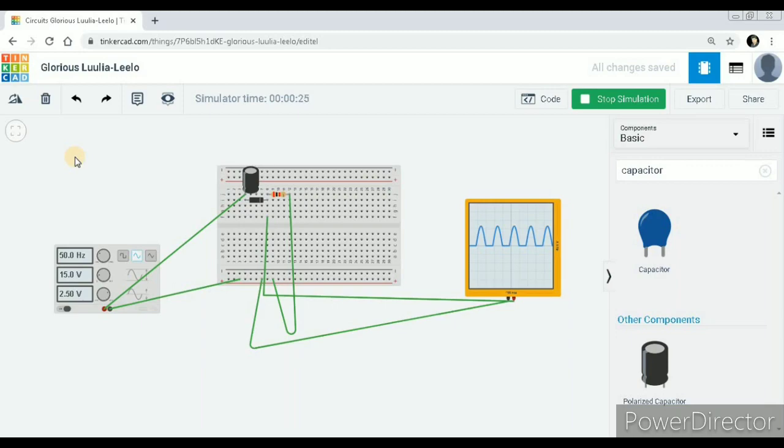And also one more advantage, we do not need any kind of tool to design this. It is all happening in a web browser, and all the circuits will be auto saved in your account, in your Autodesk account. See, all the changes are saved. You could see the circuit, this connection diagram, this experiment in your account itself, right? So if you go to your account, click on this. So see this, this is your account.